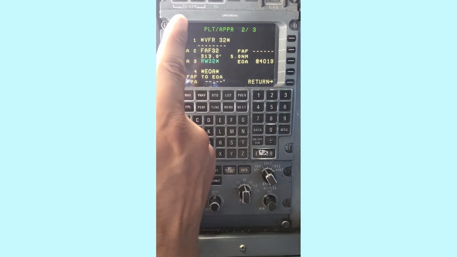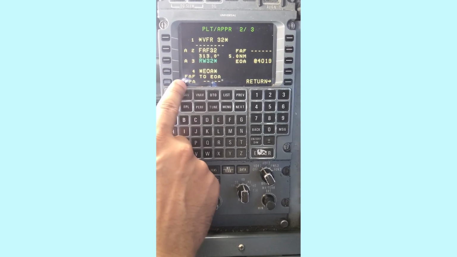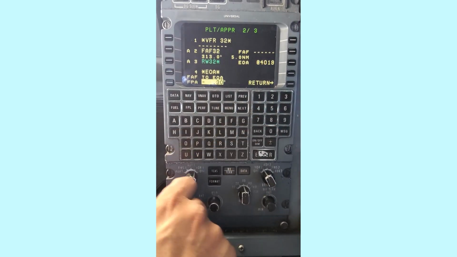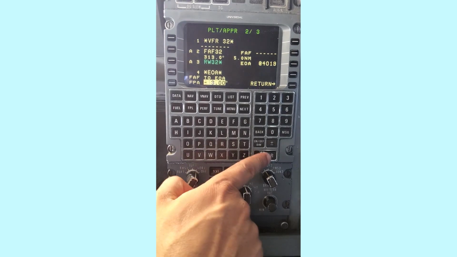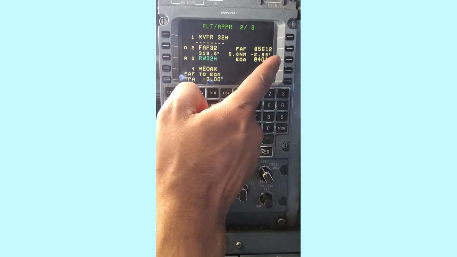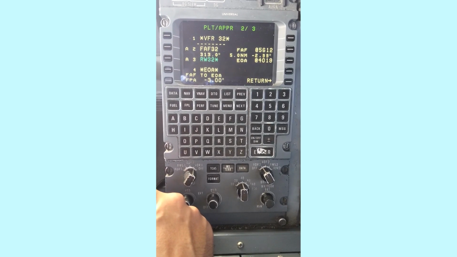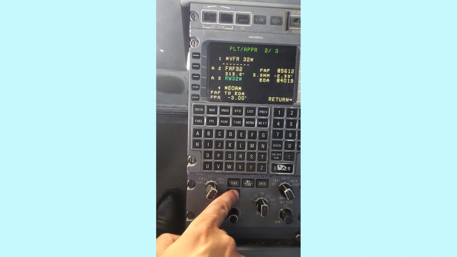Next page we can see that now the approach has been constructed. See that? Flight path angle normally is obviously going to be 3 degrees, so 300. Happy? And then we press enter. Now you can see it's already constructed a final approach fix with the runway. Okay, so now if I go to my format page,